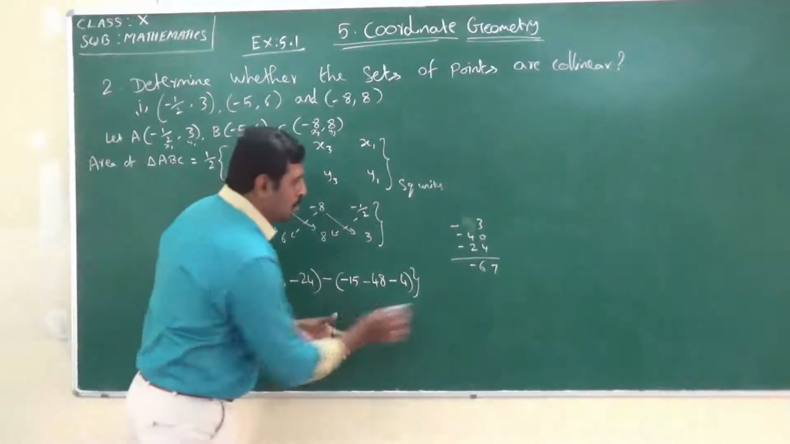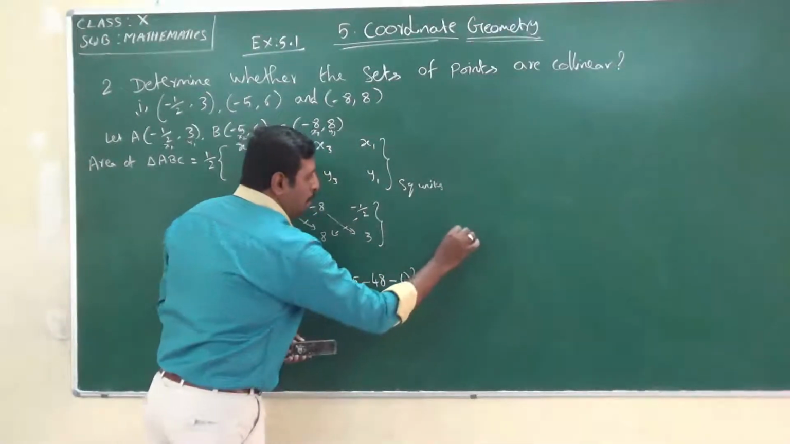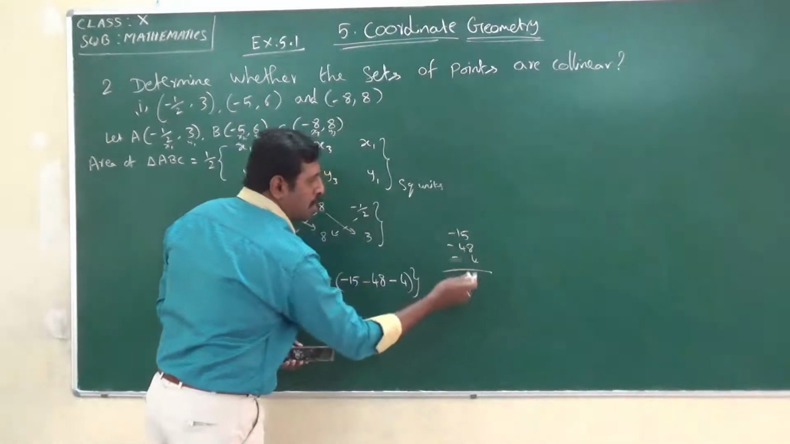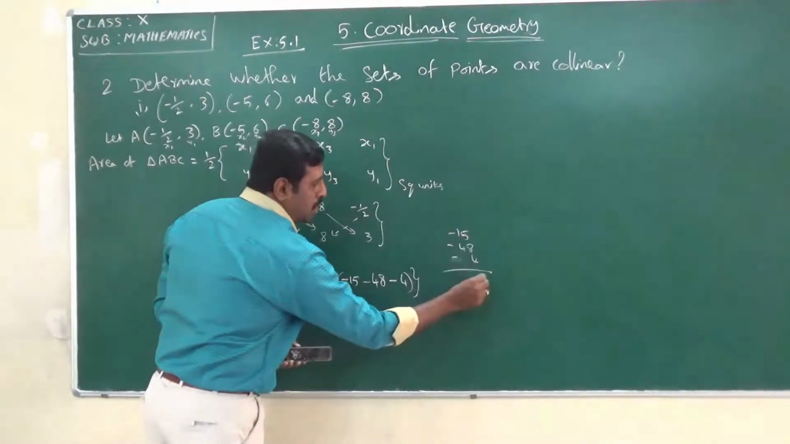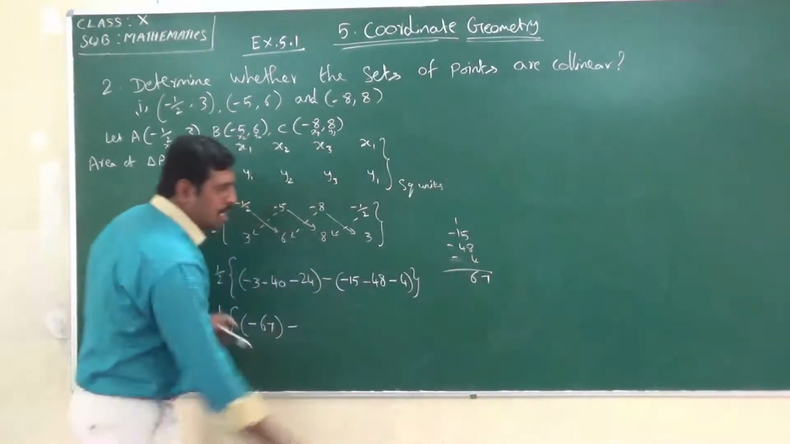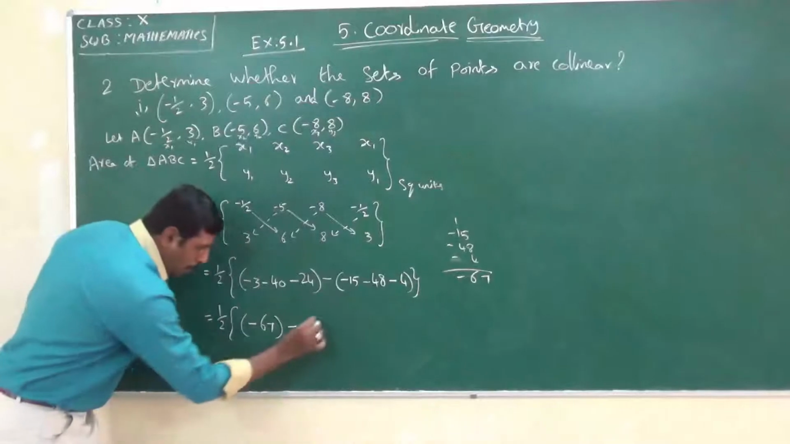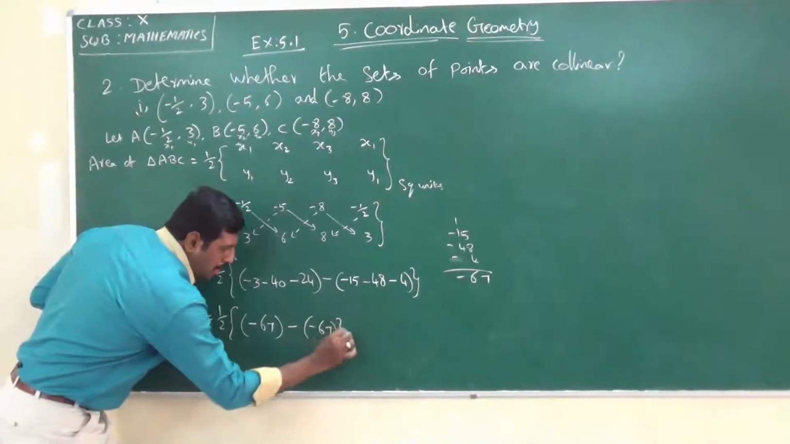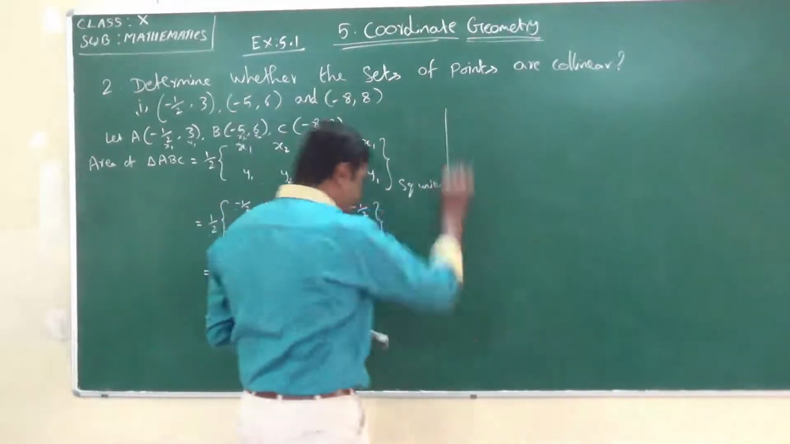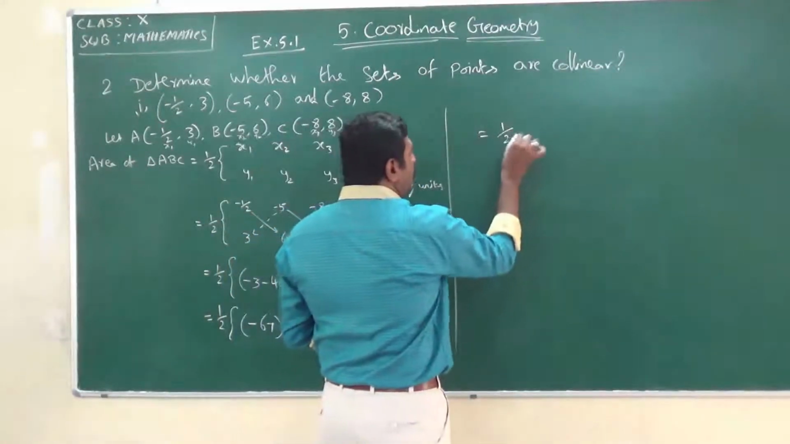And add these terms. Here we have minus 15, minus 48, minus 4. The sum of these terms is 67. And here also we have minus. So minus 67. Now remove this bracket, we get the value as this term is equal to 1 by 2 into